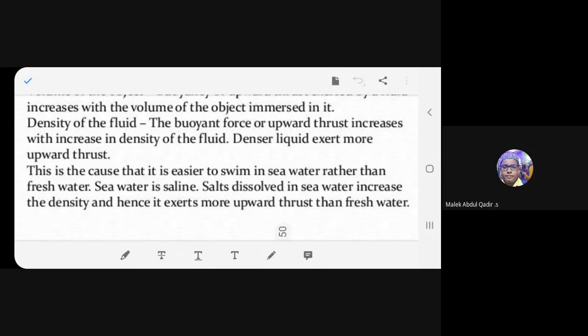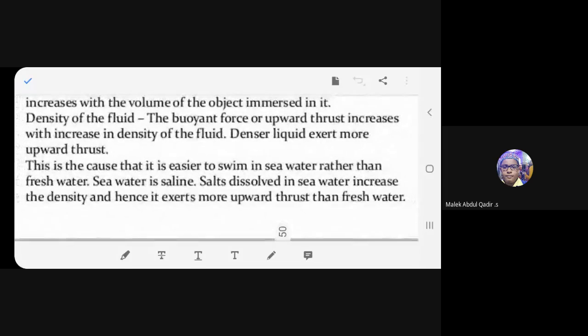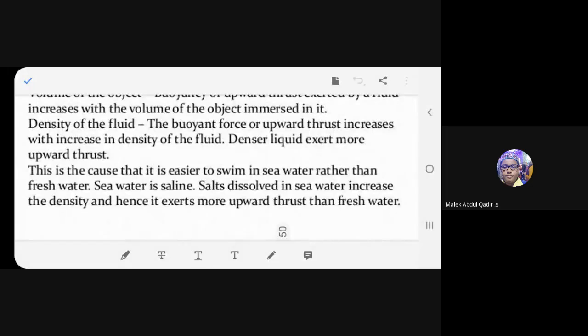We have finished this. You have to do the last stanza. This is the cause that it is